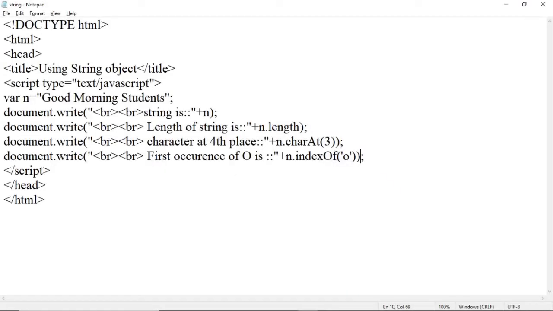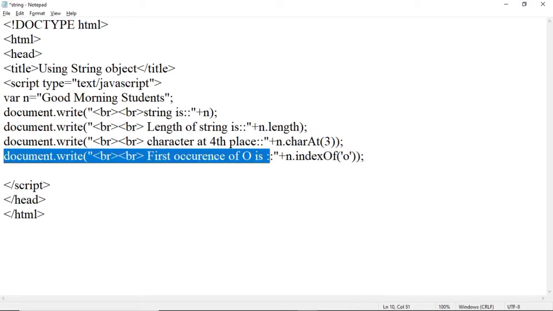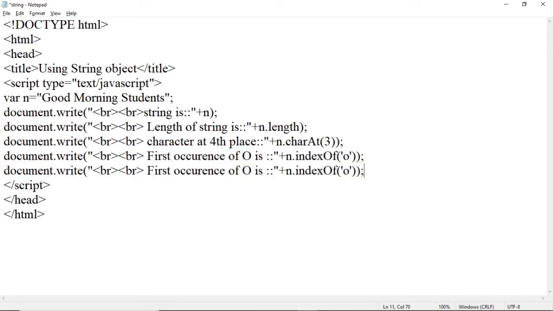Now if we want the last occurrence, then we copy the same statement, but the method used for that is lastIndexOf. So the last occurrence of O: here we have to use lastIndexOf.